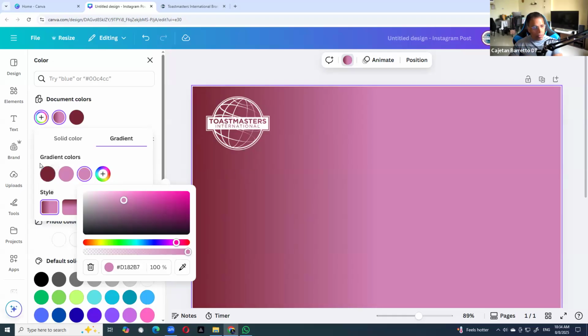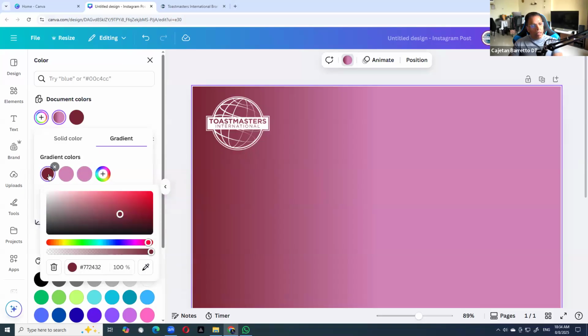So let me say I define a gradient made up of 3 colors, right? 1, 2, 3. And click on the first color, and then I refer to my brand manual, and I realize that deep maroon is, let's say, 3B0104. Refer to your brand manual to find the color code.